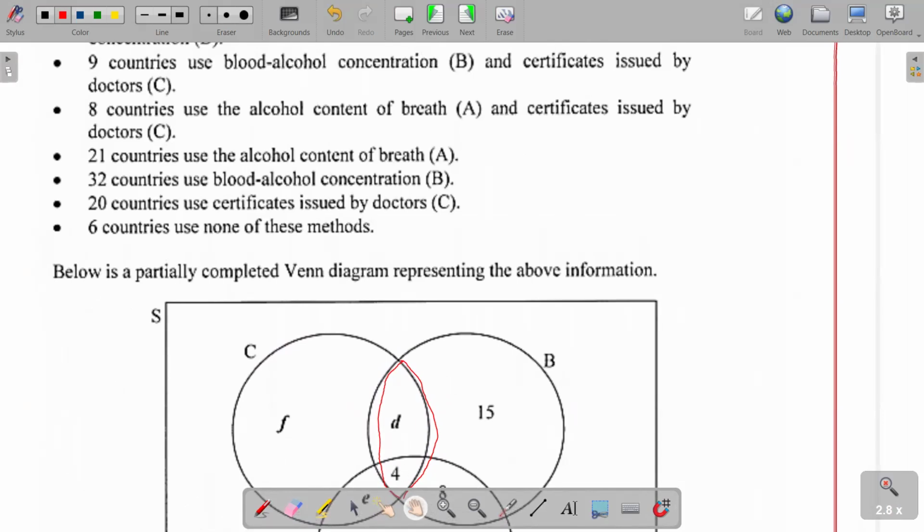So in other words, we can therefore conclude that D plus 4 must be equal to 9. Therefore, D will be equal to 9 minus 4, which is going to give us 5. Then the next question, if we want E,